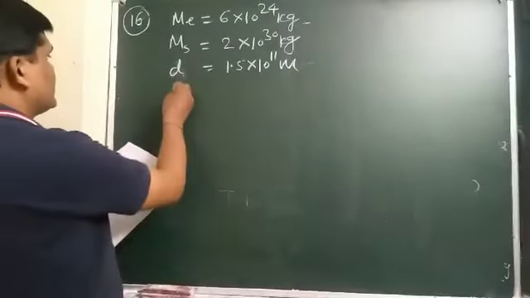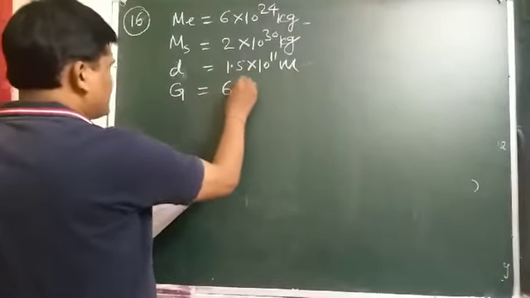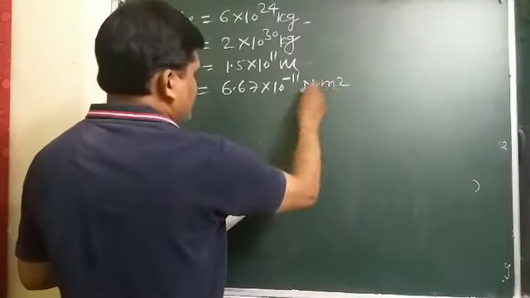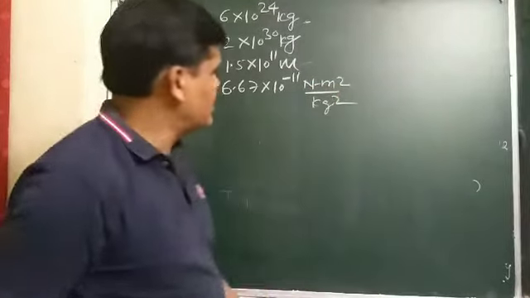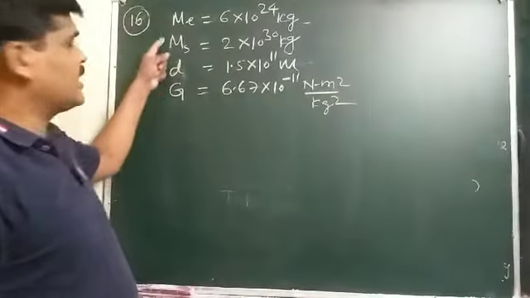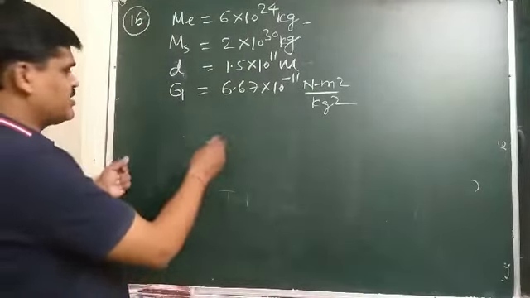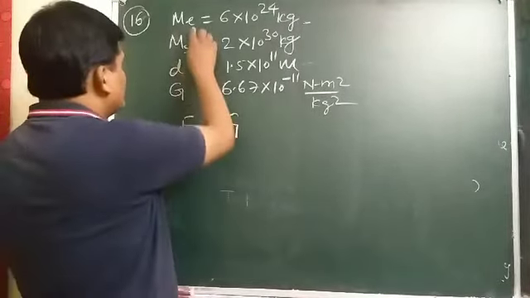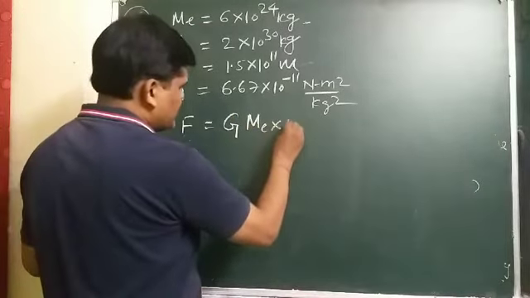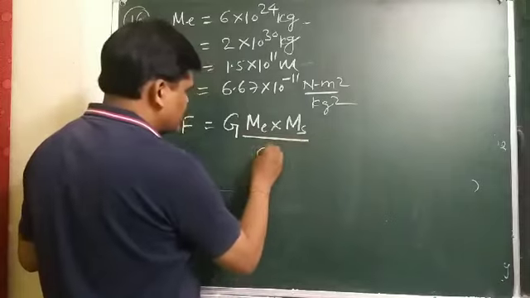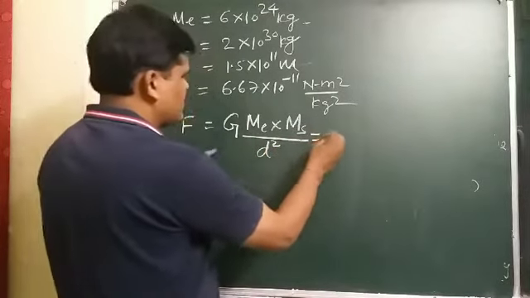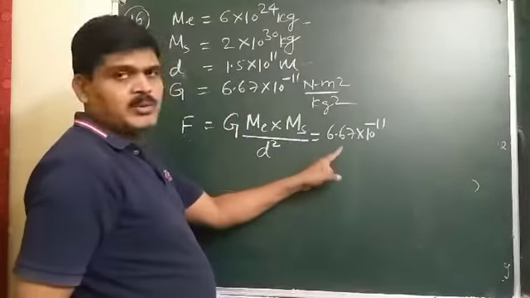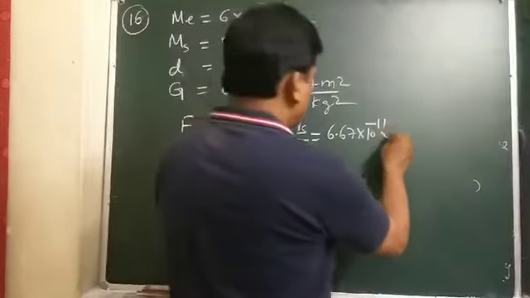and capital G we can take as 6.67 into 10 to the power minus 11 Newton meter square per kg square. And students, we have to find the force acting between the earth and the sun, the gravitational force. So you know the formula: gravitational force equals G m1 m2, mass of earth and mass of sun, by distance square, and putting in the value 6.67 into 10 to the power minus 11, this is the value of the universal gravitational constant. Mass of earth is